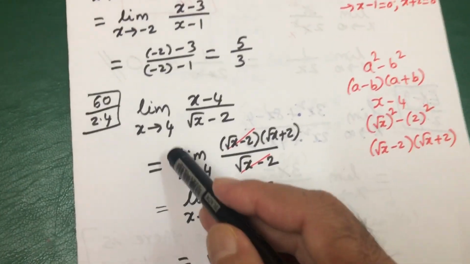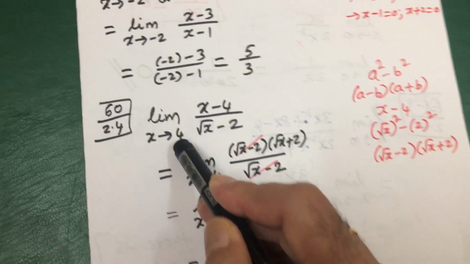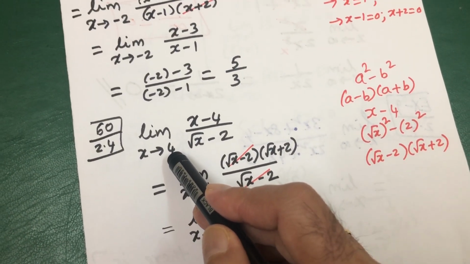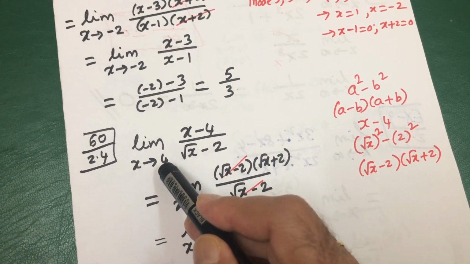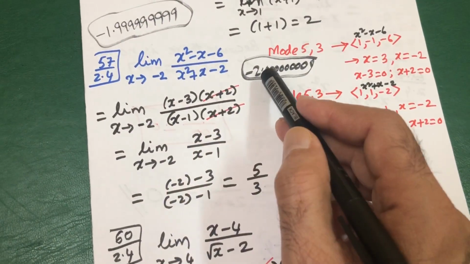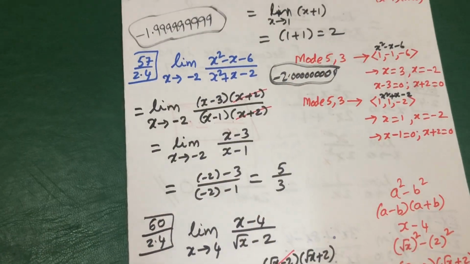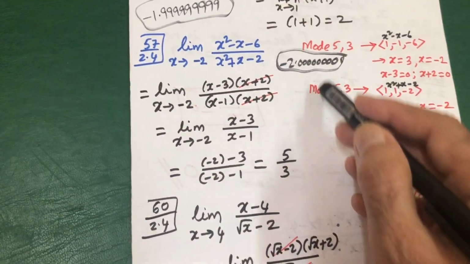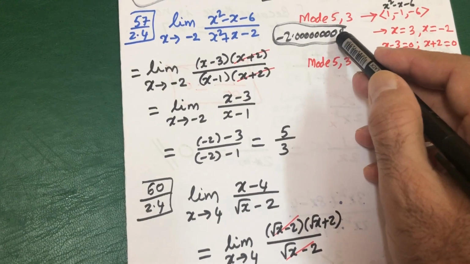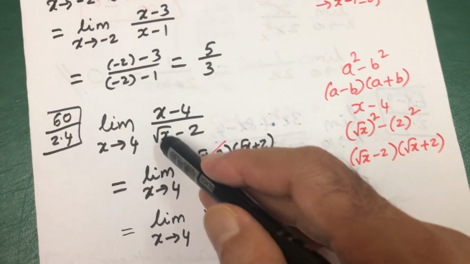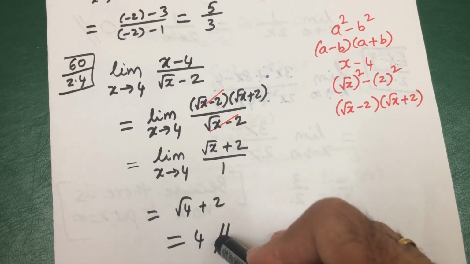Now, same thing. x tends to 4 means, what is the value? You put it in the calculator, 3.9999999 and so on. Here for minus 2, be careful. It is not 2.999, it should be 1.999 like that, or 2.0001. At the end you must put 1. Okay. So here it is. Once again use the calculator, you get the answer 4 directly.